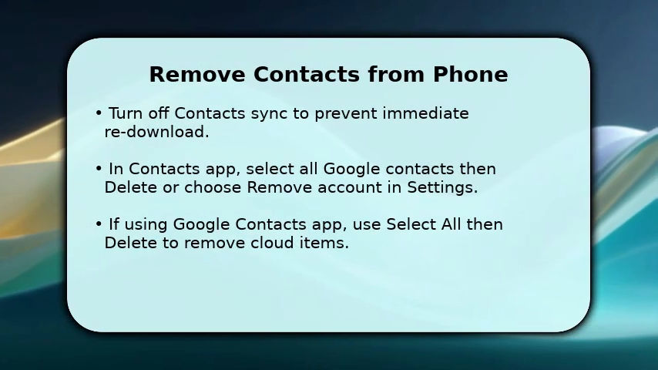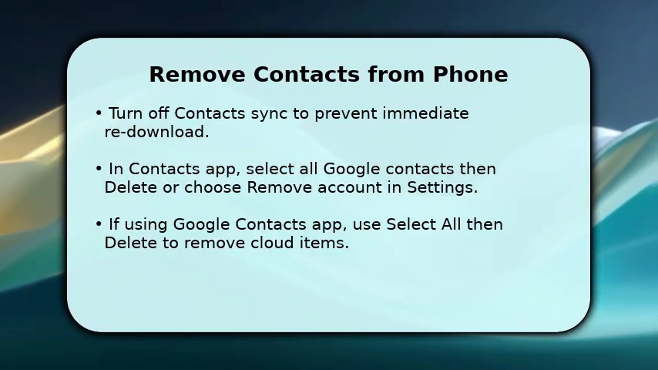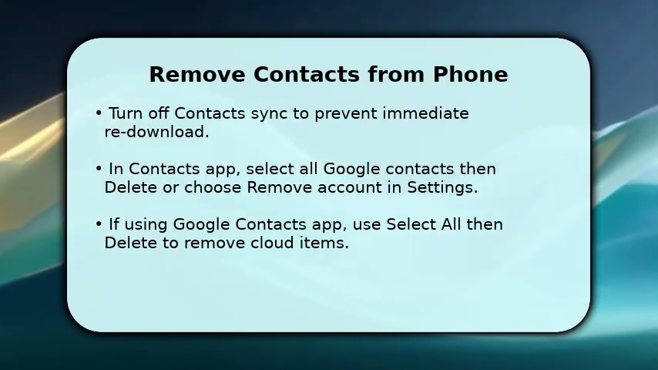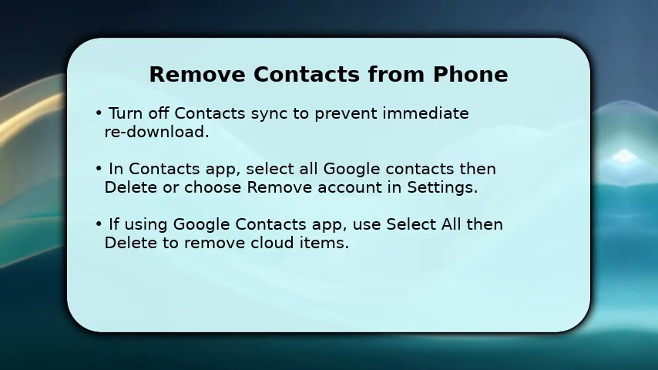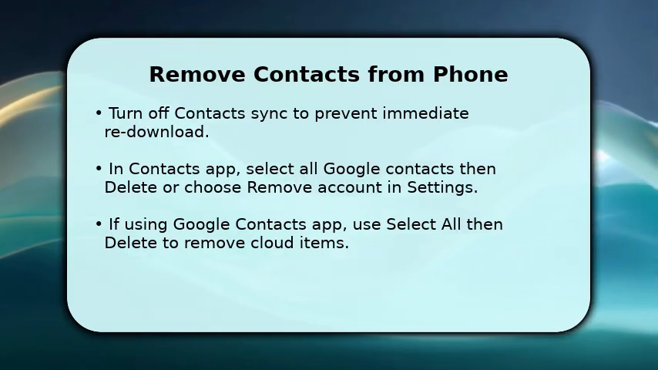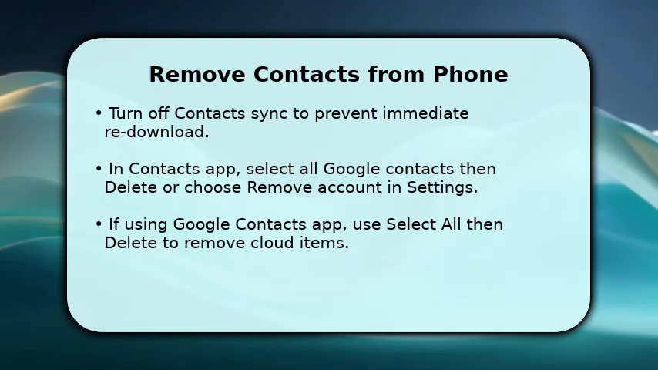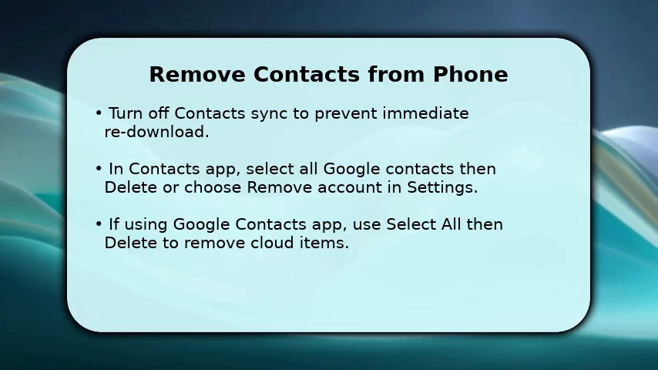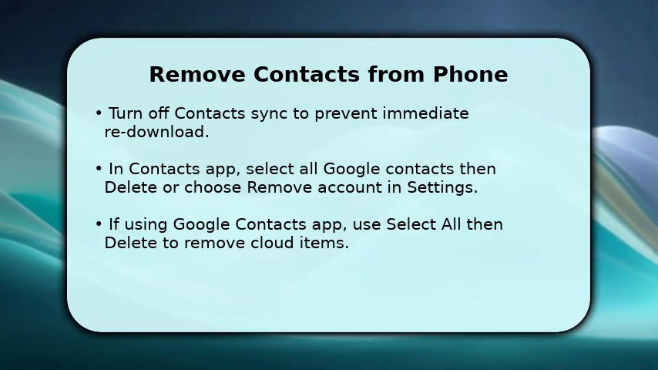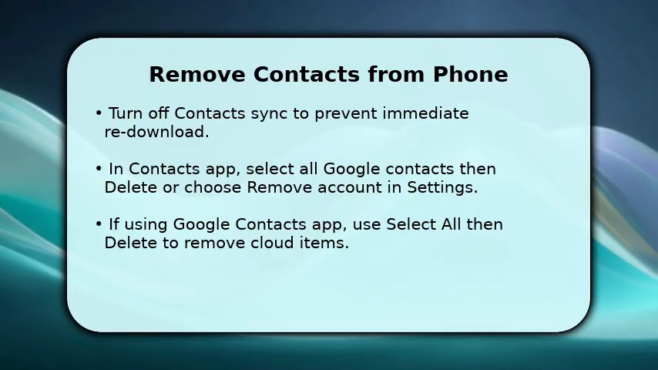You now take the middle steps carefully. First, disable Contacts Sync under Settings, Accounts, Google so changes stay local and don't reappear. Then open the Contacts app, filter to only show your Google account, tap Select All and Delete. This removes device copies. Alternatively, remove the entire Google account from Settings, Accounts to delete all associated synced contacts from